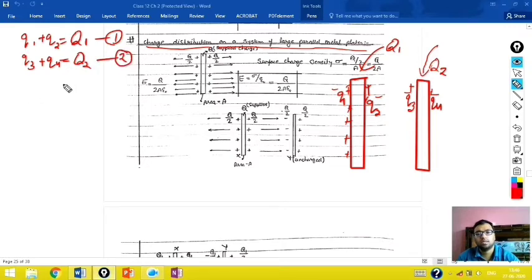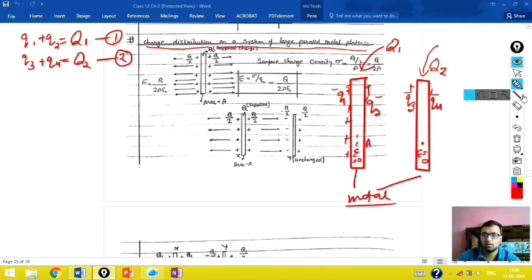Okay, so in that case one property we will utilize, that is what? Actually these are metal plates. A capacitor is made up of conductors. So inside any metal plate your electric field is what? At this point electric field is 0. And inside this metallic plate electric field is again what? 0. So at this point how much will be the electric field? Suppose this plate has an area A, then at this point how much will be the electric field? That will be 0.